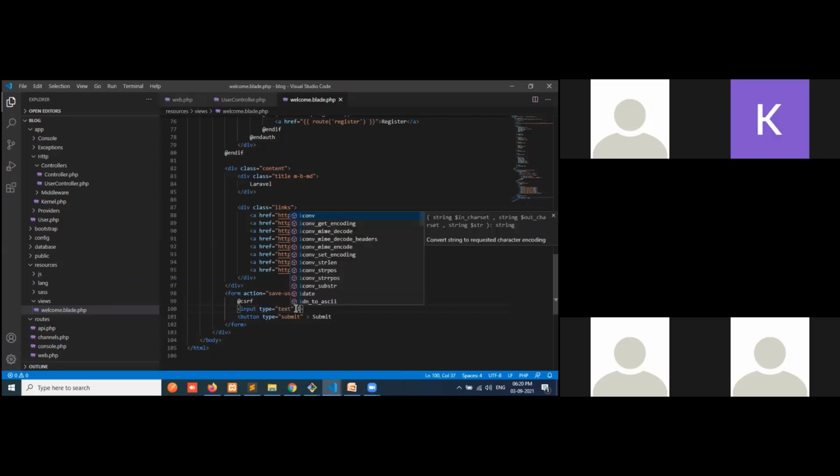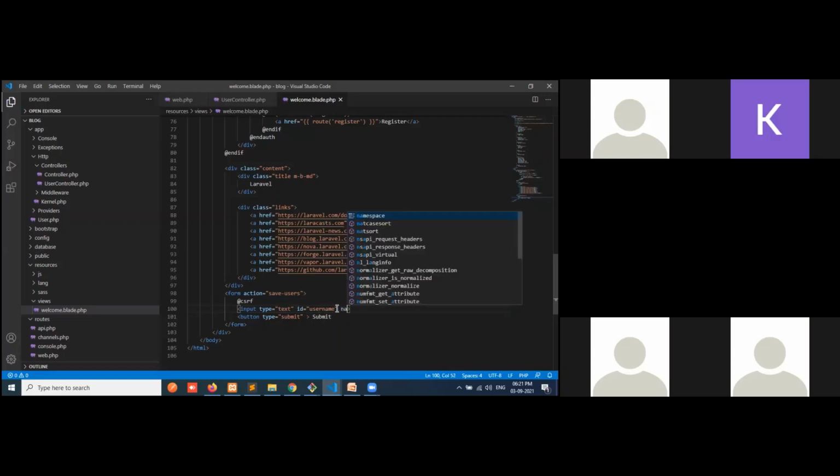Then you have to give the ID, by which you fetch what the user entered. You have to give the username like that, and then name. These two things you have to provide.